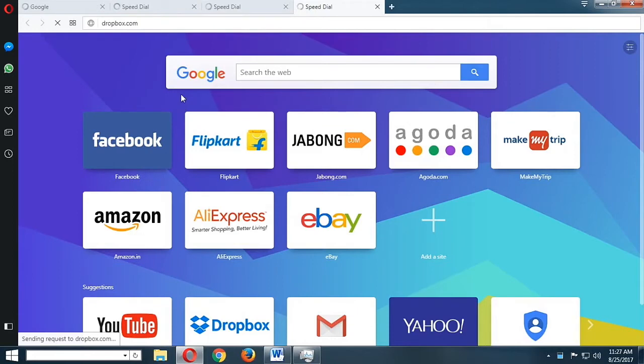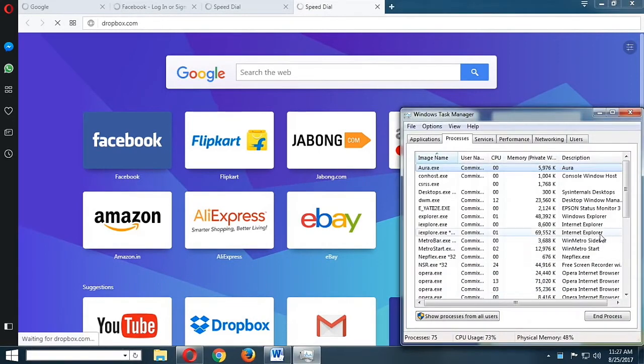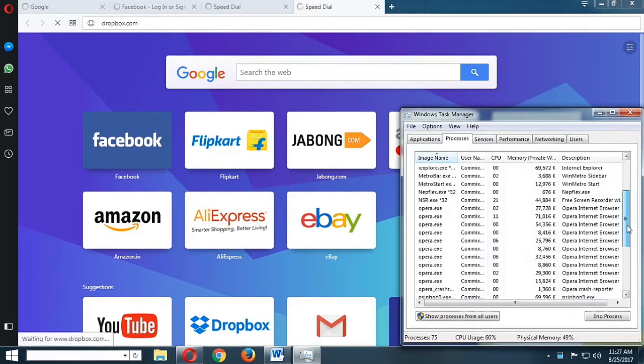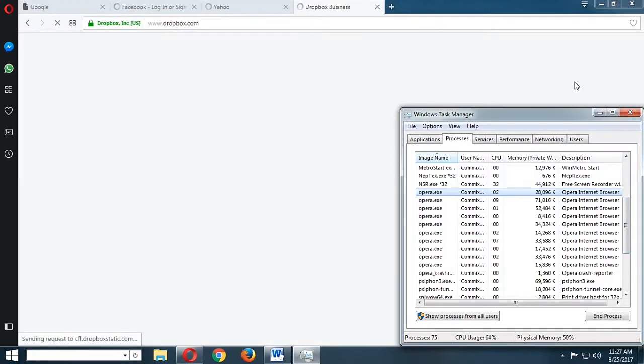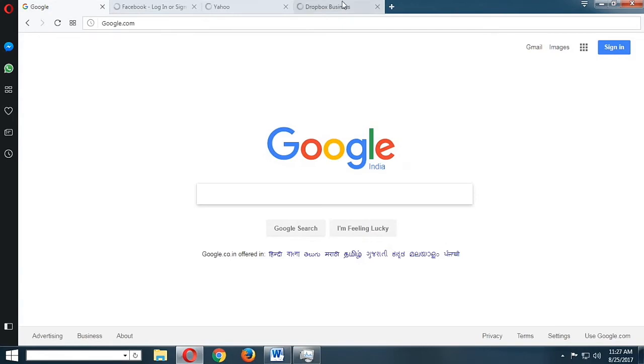So we'll just wait for these web pages to load up, and then we will look at the task manager. The internet connection may not be that fast here in the Philippines, but we'll try to wait until all the tabs have fully loaded before we take the screenshot, just to make sure that everything is loaded up before we